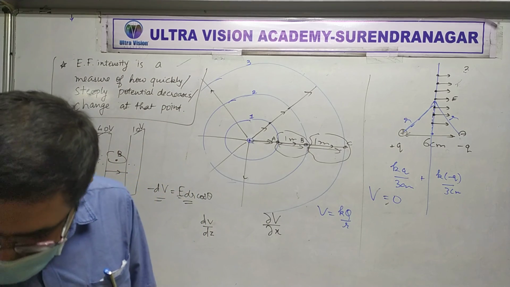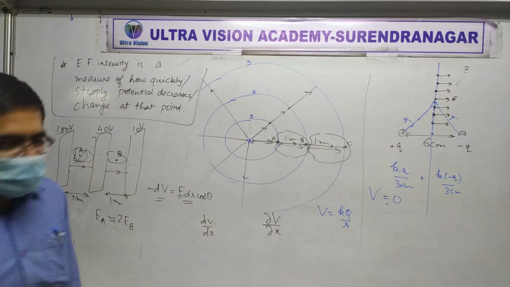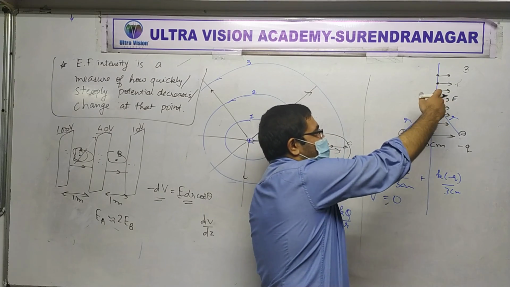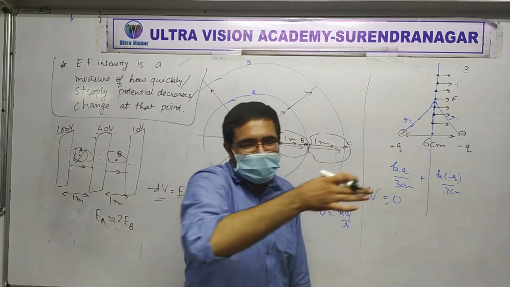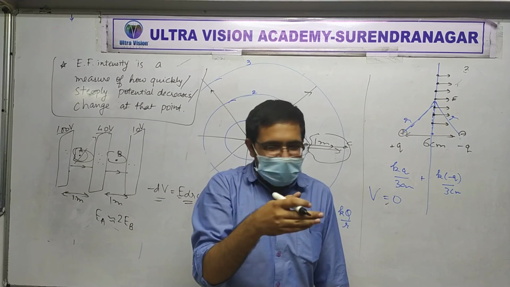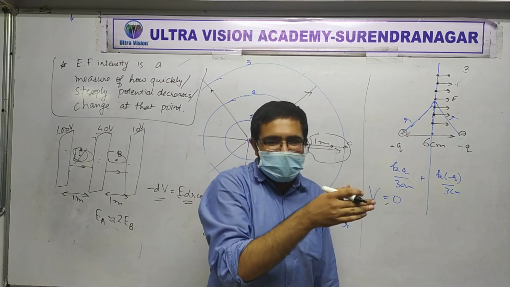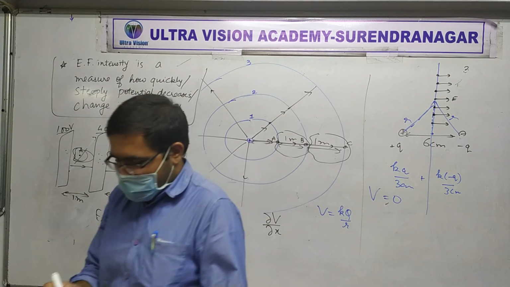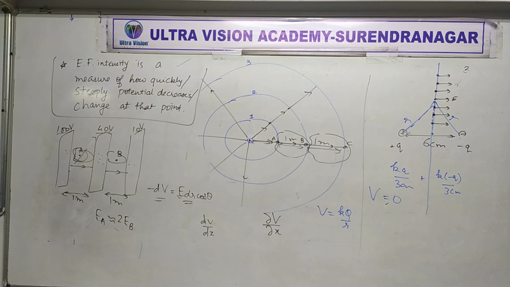What's that? Direction of electric field. So, what is the direction of electric field? It will be parallel to AB, from A going towards B. Is that clear? Fine. Well, that's it for that particular section.